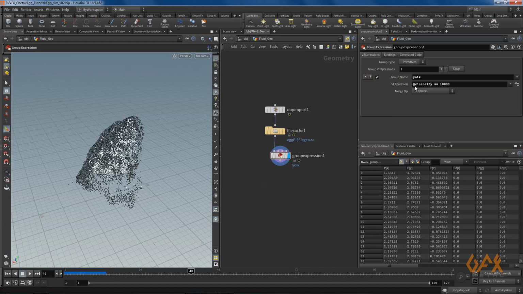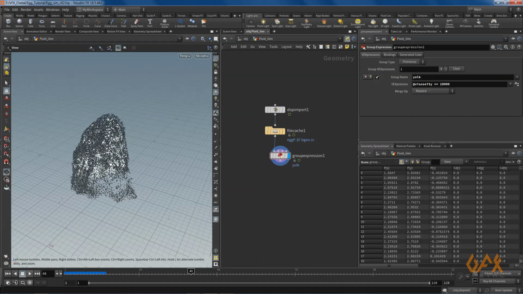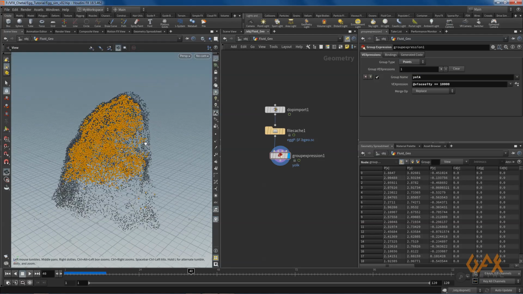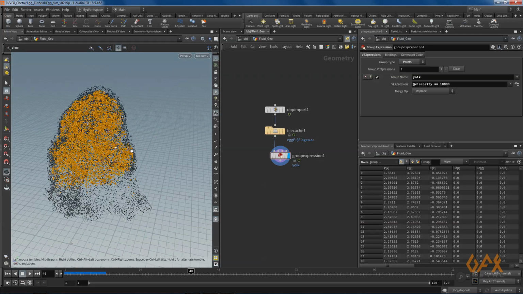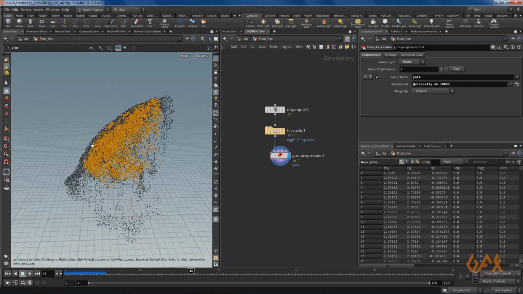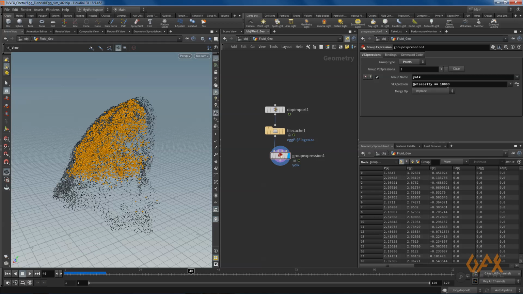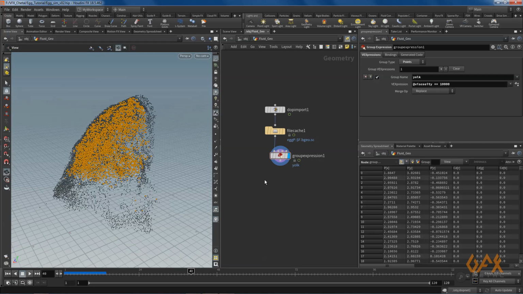So right now we store that the viscosity which has value 10,000 is stored in this group, and definitely you need to change the group type to points. And now you see the points that contain the attribute of 10,000 viscosity are selected.